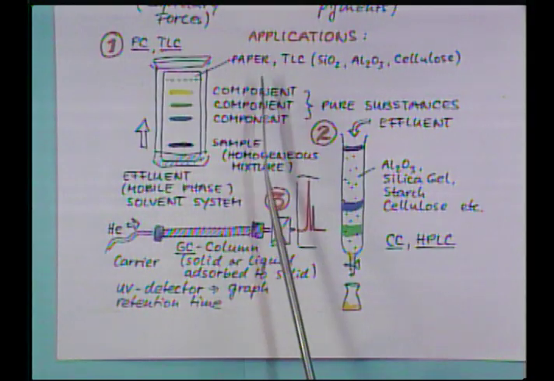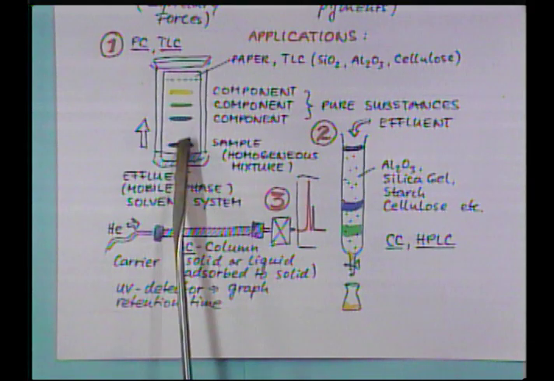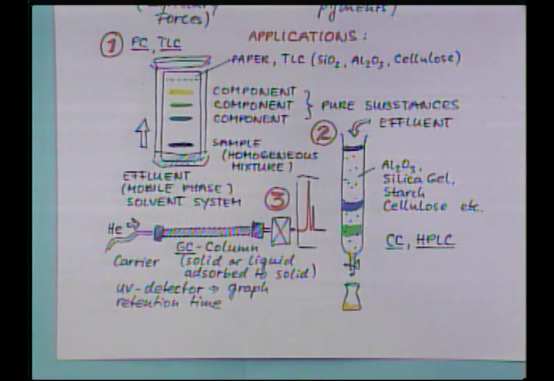Paper has been converted into a so-called thin layer chromatography technique. They also had a thick layer chromatography technique. Nowadays we can purchase all the materials out of a catalog in all different kinds of sizes. This example here would be an ascending type of chromatography. That means according to capillary forces, the components are driven up by the effluent or the eluting liquids, the mixture